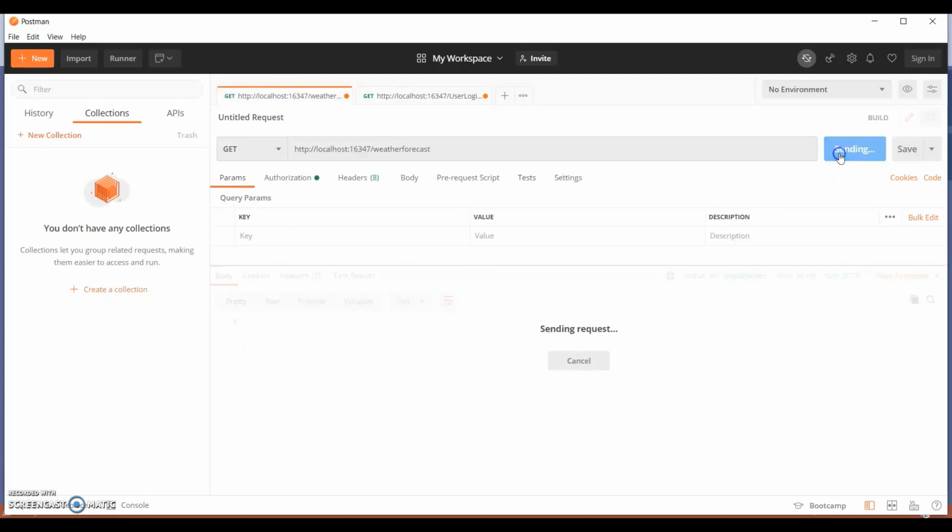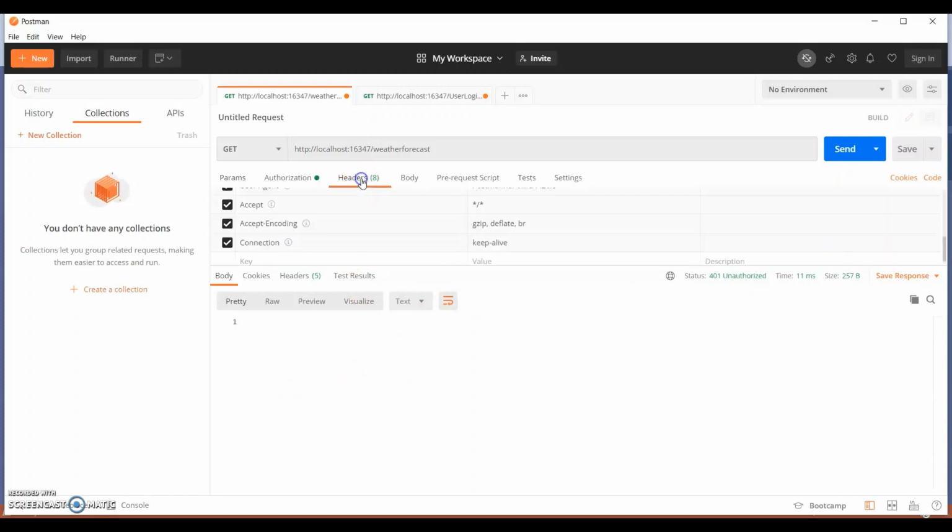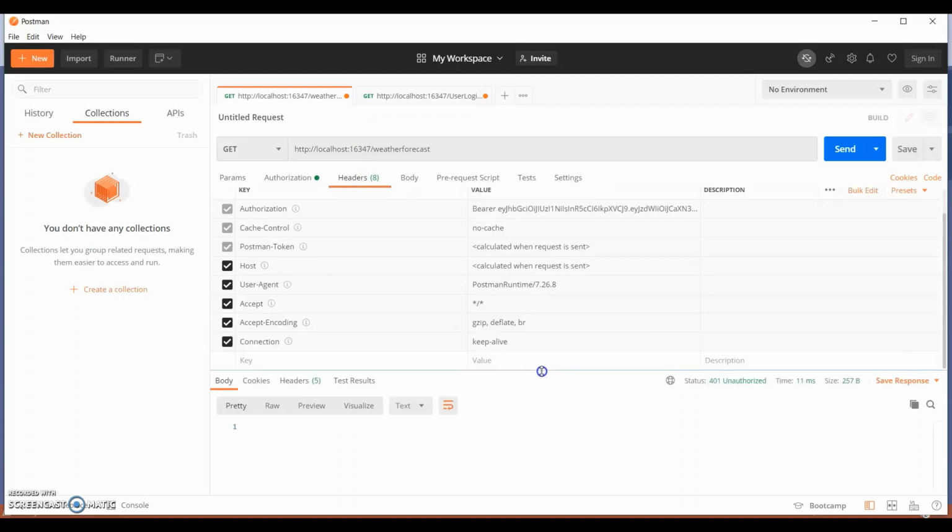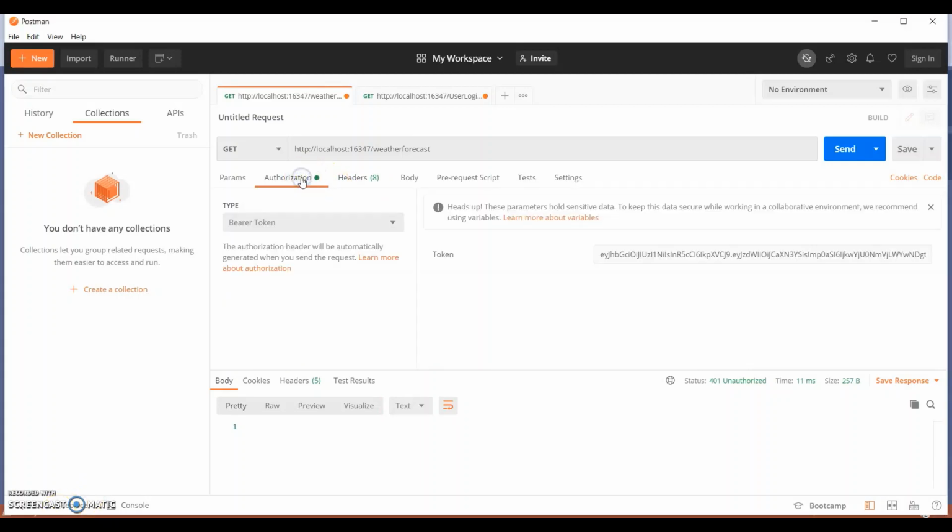Now let's use this token to get our weather forecast service. You can see still it is not coming. So how can we add the token? Go to the header section. Not in header, go to the authorization section.